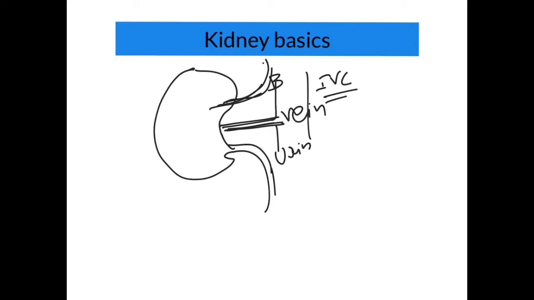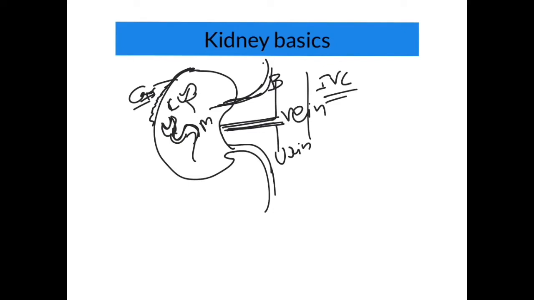Kidney itself is a capsular organ, okay. So there is Gerota's fascia, and the capsules are surrounded by some fatty area. Kidney can be divided on the cut section into the cortex and the medulla. Inside that there is, as all of us know, a glomerular unit, and these glomerular units are connected with each other.